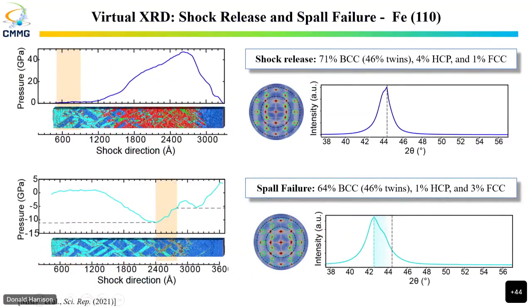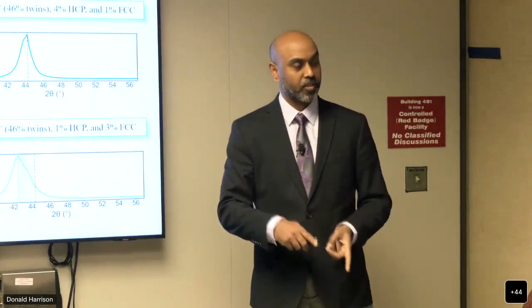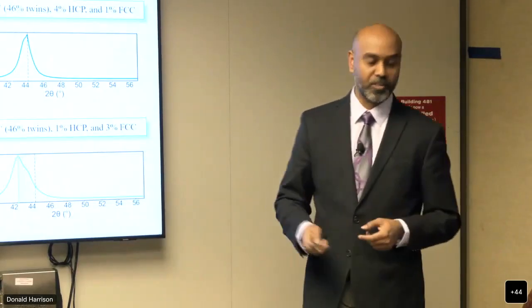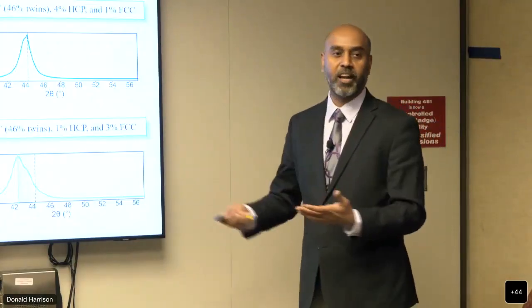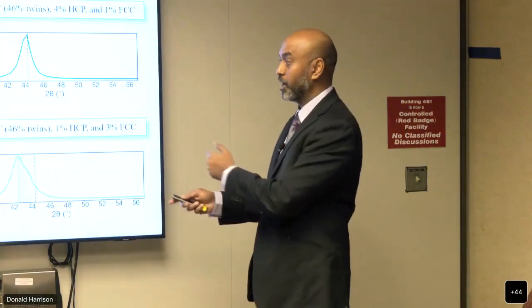And is there a correlation between the phase transformed regions that were selected that will give you a twin? HCP phase? No, this is twins in the BCC phase, so after it transitions. So this is shock recovered iron showing a distribution of twins. So what is the mechanism of this BCC to HCP back to BCC transformation that gives you